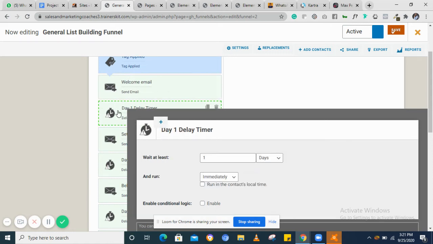Now this other element here is called delay timer. It's just to tell the funnel that, okay, between this email and this email, let there be a delay. So the delay can be 1 day, it can be 1 minute, it can be 1 hour, it can be 1 week, it can be 1 month. You can change it to any number you want. I can say 5 hours between the first email and the second email, and then I'm asking it to run immediately. So this is just for you to tell the system to delay between the first email and second email by a particular number of days or hours or weeks,